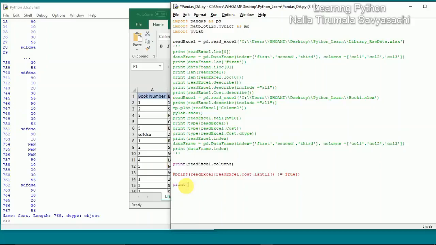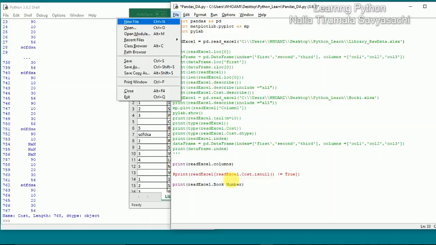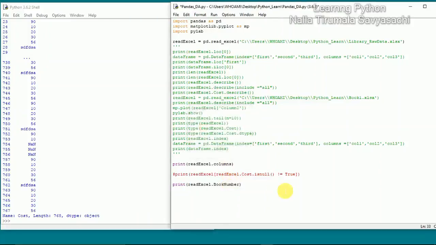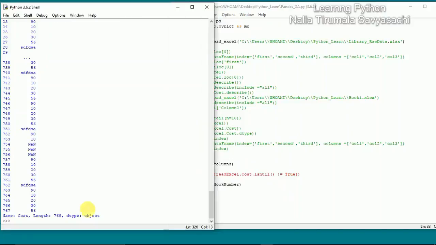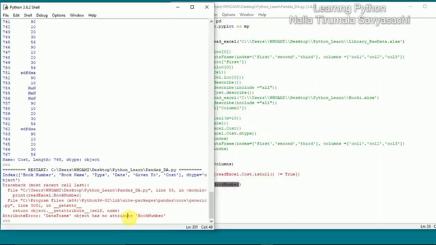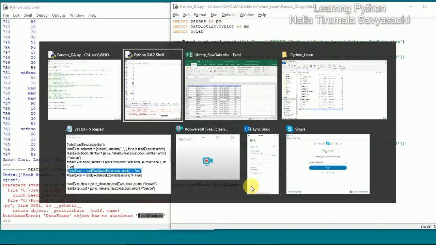the same thing on book number, because book number contains one space, what will happen? Normally I should get an error while trying to access the book number column. So I can't write it like this; I will get an error saying invalid syntax. If I try to access it like this also, I will get a runtime error saying this data frame has no attribute book number,